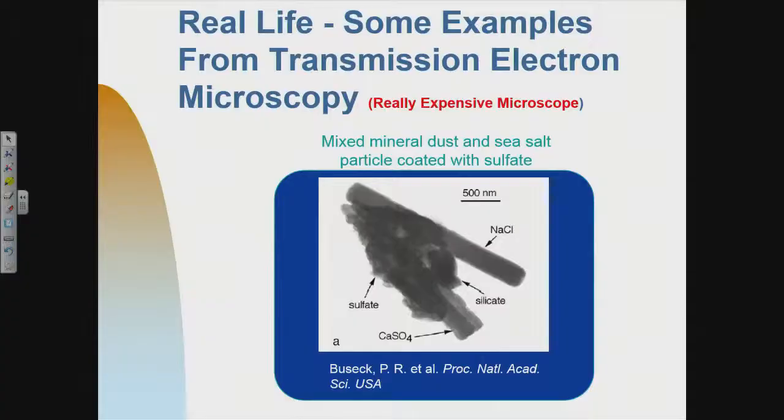And so we want to understand how these particles react with the gases in the atmosphere, how they influence climate. Here's a real-life example of what a complicated particle may look like in the atmosphere. We get this picture from transmission electron microscopy, which I call a really expensive microscope. Here at the University of Iowa, we have one of these. It's about a $1.2 million microscope, and we were able to buy that with funds from the Carver Foundation, so we can get detailed information about these particles, what they look like, what they're made of,